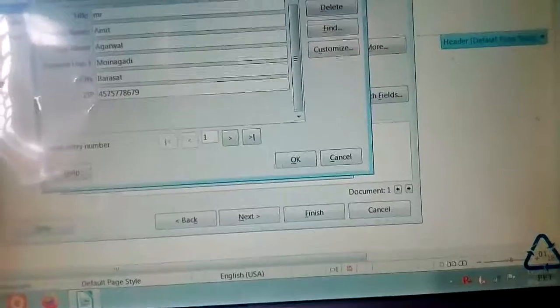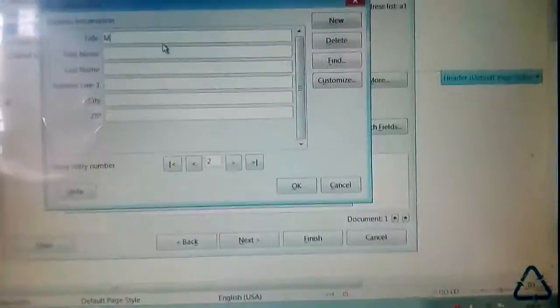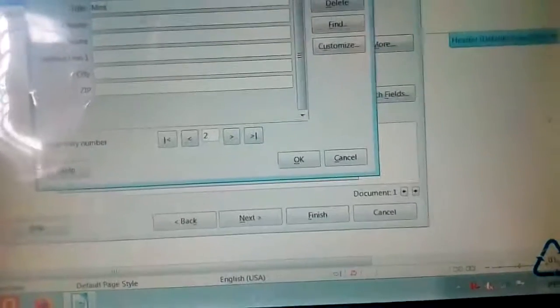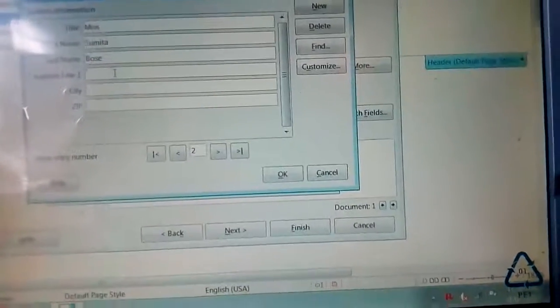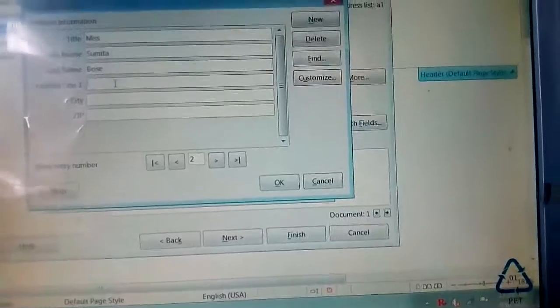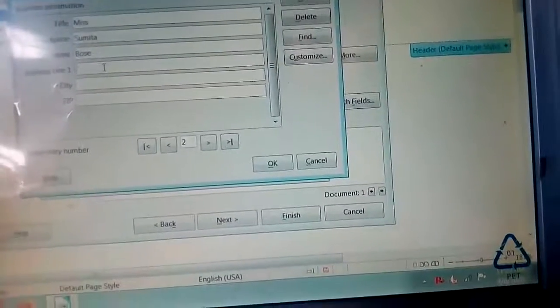Then click New. Again you write here, suppose Miss, first name Sunmita, last name Bose, then address line, anything you can give, whatever you can give.